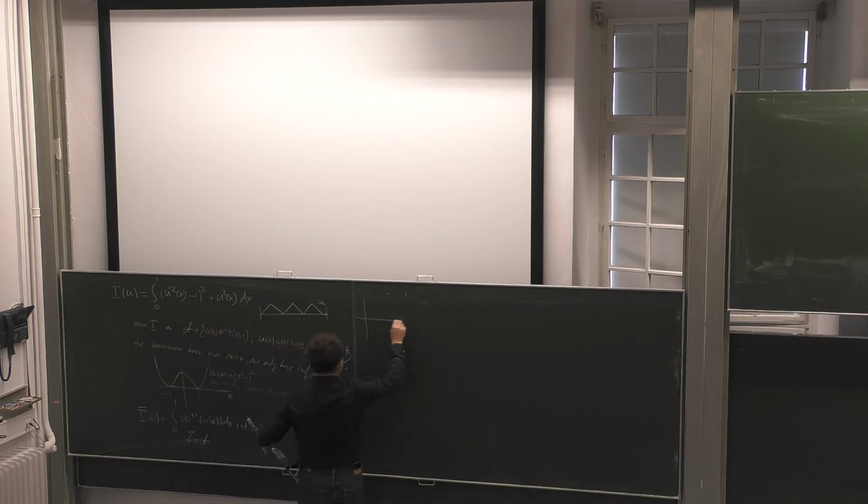The sequence of gradients u_k prime was doing this. It was 1 here, then it was -1 here, -1, 1. It was again 1 here, it was again -1, 1, and so on. So it was just oscillating on a scale maybe 1 over k. So this is 1 over k, this is 1 over k, and so on. So it was faster and faster. So the gradients were oscillating like that, but I don't have it in the new problem because I just say 0. So I forgot this, I lost this information.